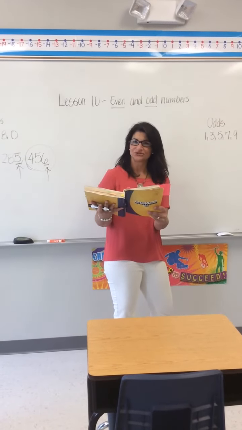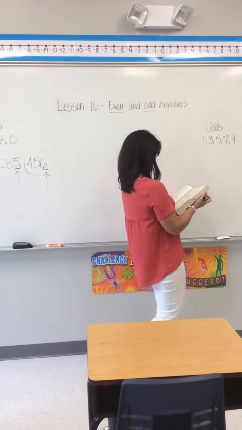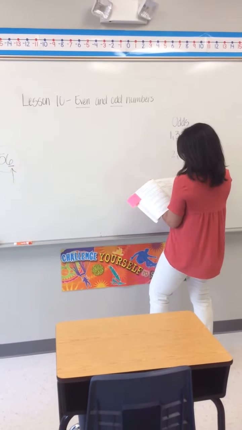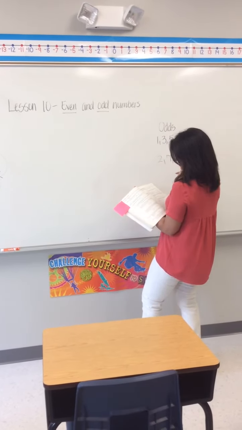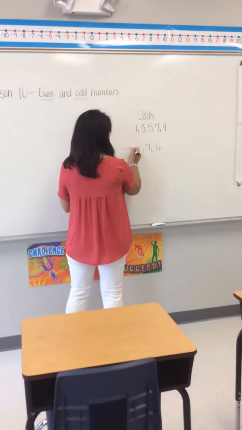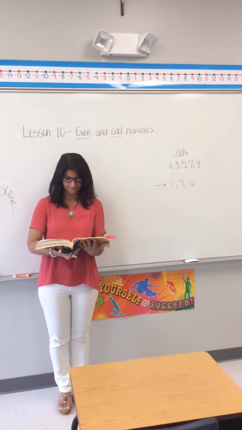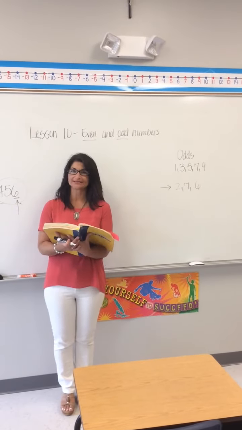This is a little challenge for you guys. Please use your whiteboard to do this. Use the digits, I'll write this down, 2, 7, and 6 to write 2 3-digit odd numbers. Use these digits, these numbers, to write 2 3-digit odd numbers. Okay, so if the number has to be odd,